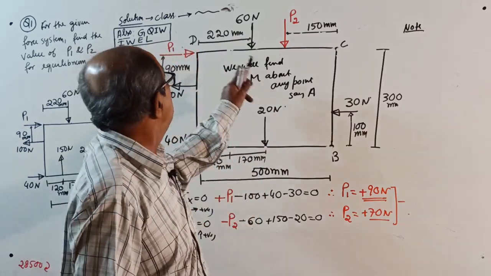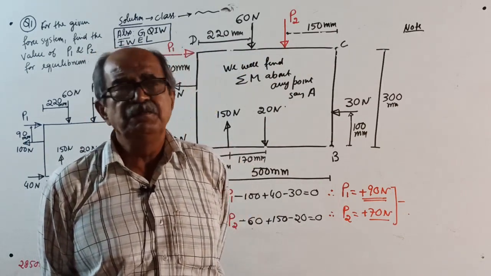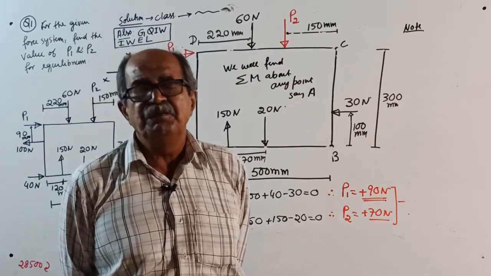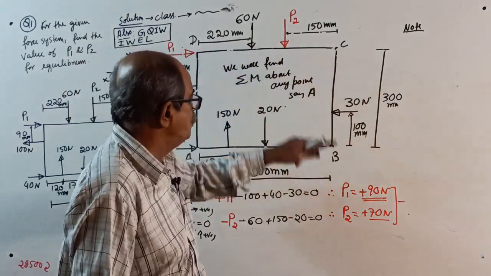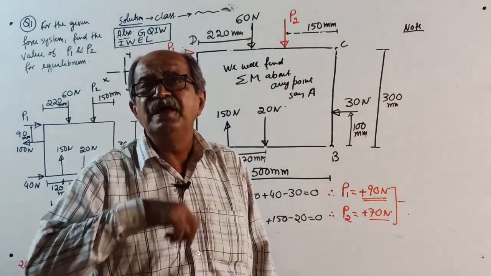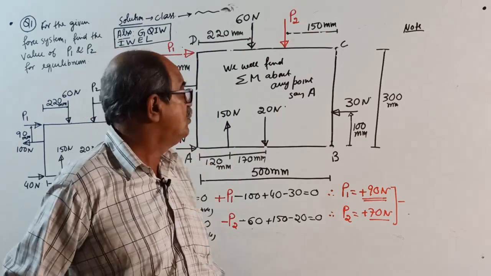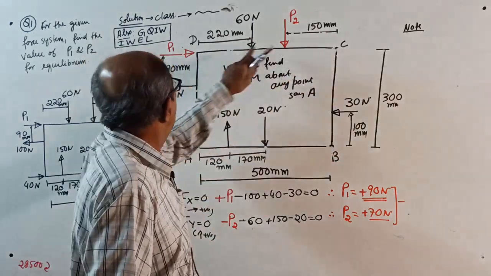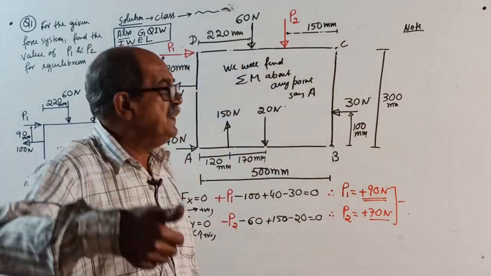Of course, since only two unknowns are there, we easily got it by using sigma fx 0 and sigma fy 0. Answer came, but that is a wrong question because that value of P1, P2 you got will not satisfy sigma m equal to 0, because when we consider moment about any point, we took about A, about B, about C, or about D, or about any point, you will get a clockwise net moment of